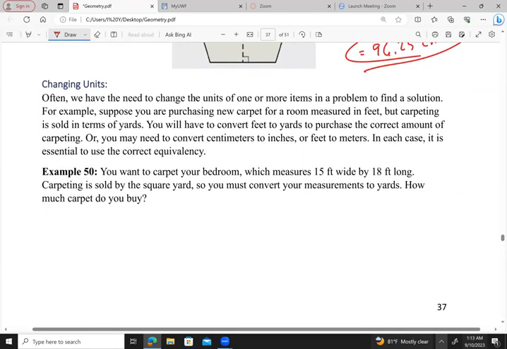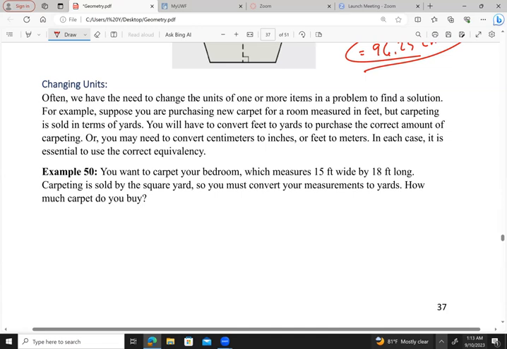Often we have the need to change the units of one or more items in a problem to find a solution. For example, suppose you're purchasing new carpet for a room measured in feet, but carpeting is sold in terms of yards. You'll have to convert feet to yards to purchase the correct amount of carpeting. Or you may need to convert centimeters to inches or feet to meters. In each case, it's essential to